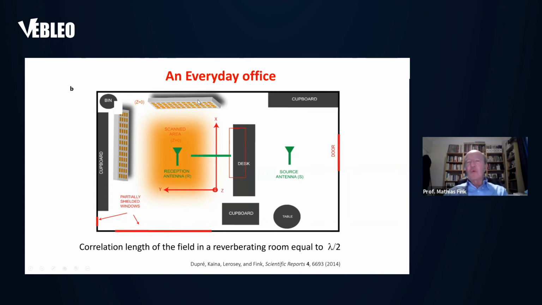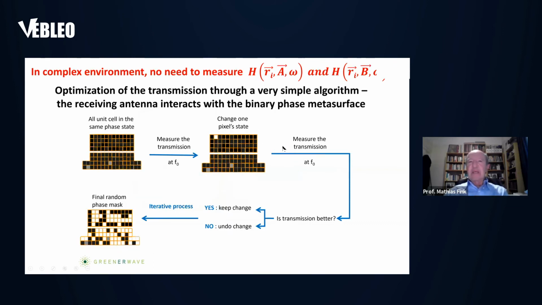But you don't need to do all the measurement of the phase coming from this antenna and this antenna to do this. You can do just an adaptive algorithm. You try a phase pattern with some configuration. You look on your smartphone what is the level of signal, and if the level is not good, you change one element and you see how it changes. And you do this iteratively, but you do not have to try all configurations.